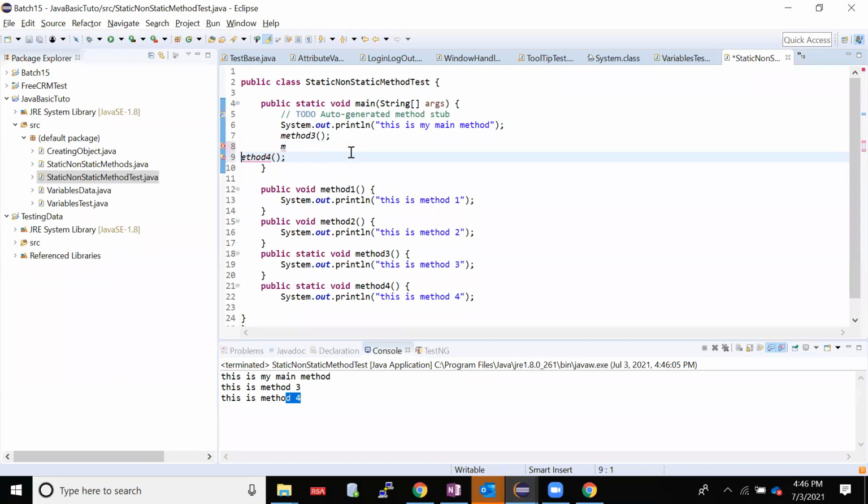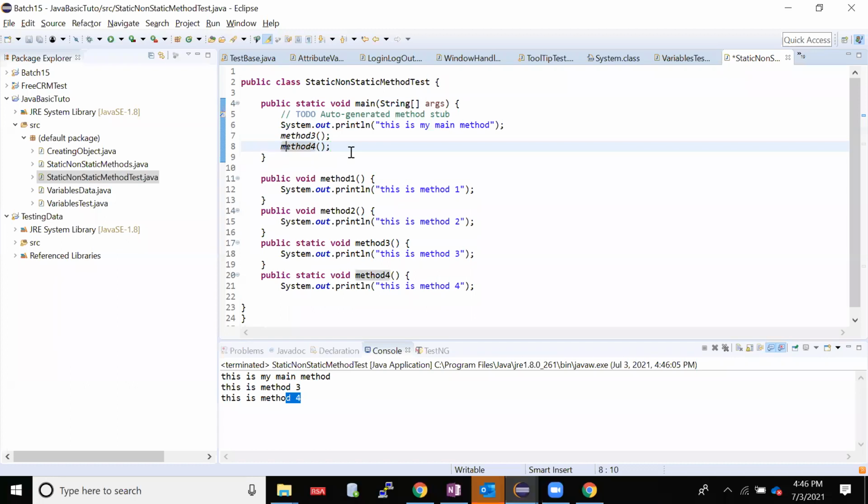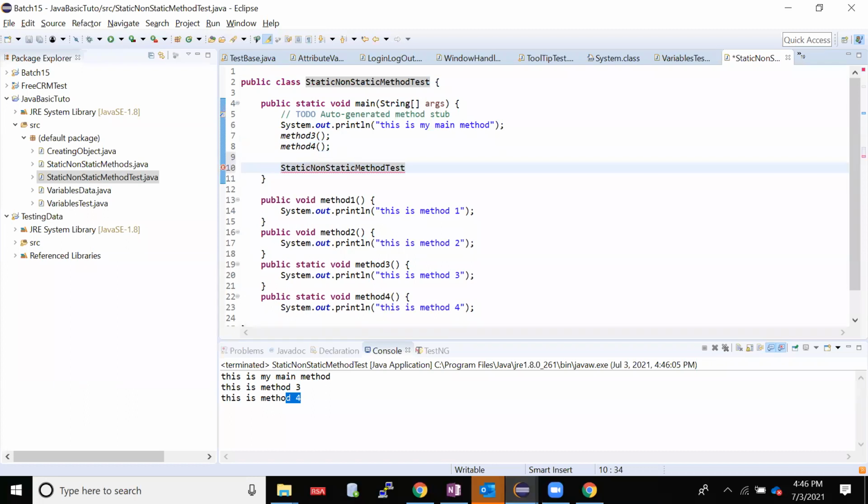What we did in order to read our non-static variable or instance variable, we created an object for a class. So I'll create an object for my class now. I have just named it as MET, or you can name it anything. New, equal to your class name. This is the syntax.